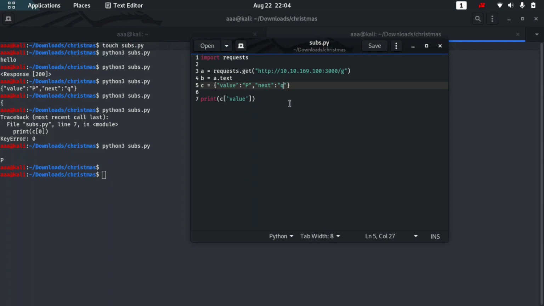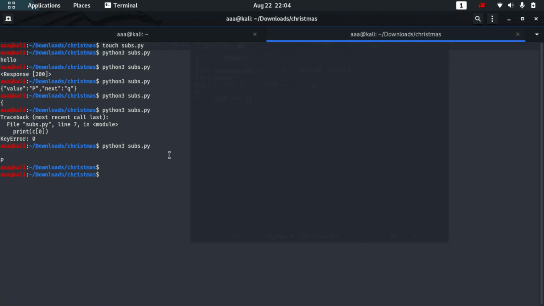So rather than q, if I do next, and here rather than value I'm putting next. Just like a dictionary, you don't search by position, you search for a value. You're searching for the meaning of next maybe, so you just search next and then you get the meaning. So let me run this and now you can see subscribe.